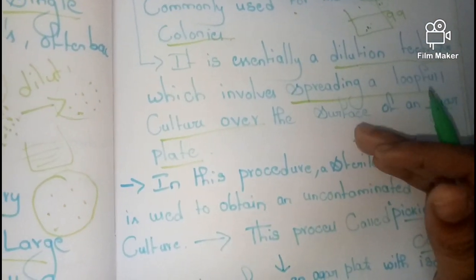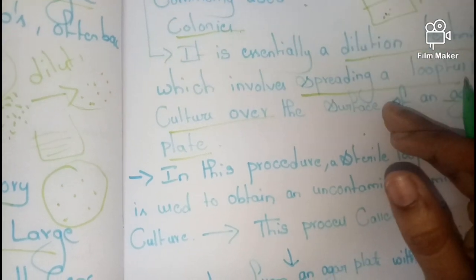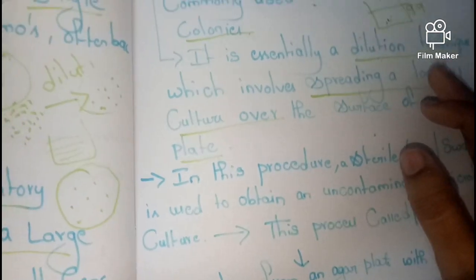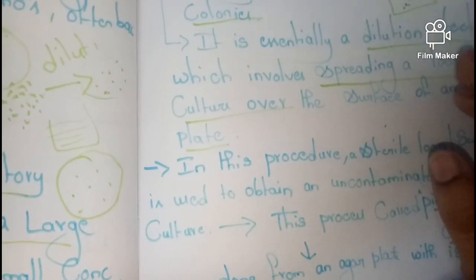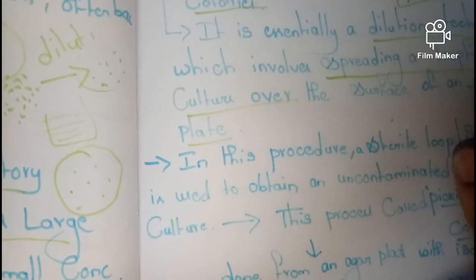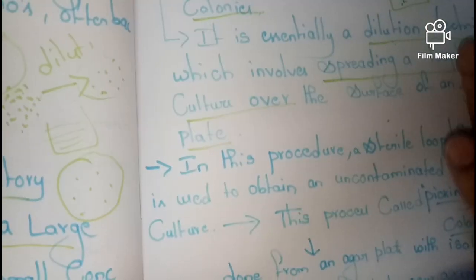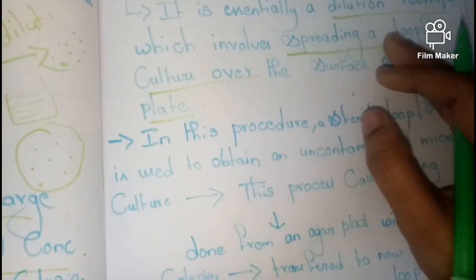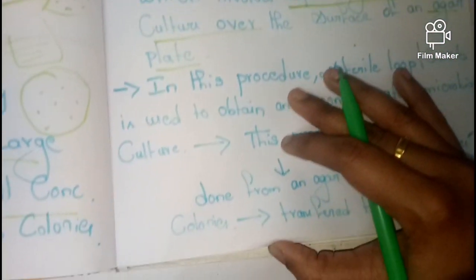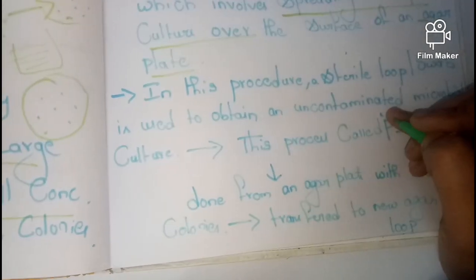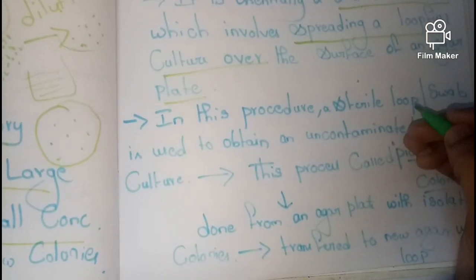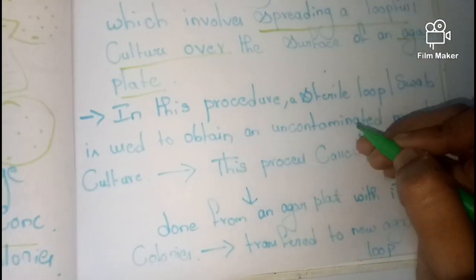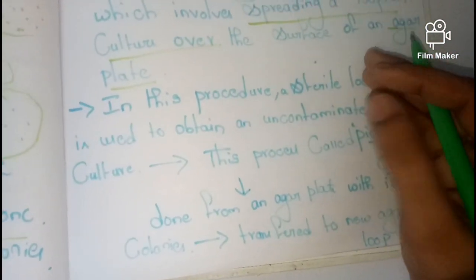After culturing that microorganism on the plate, we are going to incubate it. Based on the organism we are going to isolate, we incubate the plate for about 24, 48, or 72 hours. Based on the type of organism, we incubate the plate for a certain period of time. After that incubation time, we can identify the colonies which have grown on the plate separately.